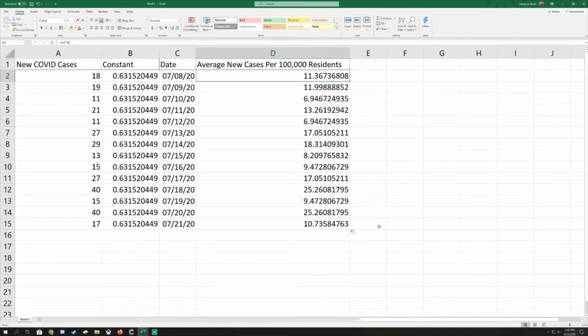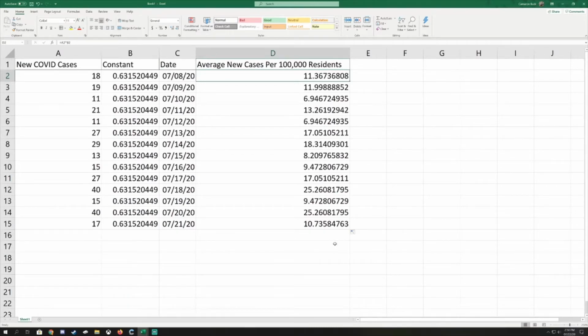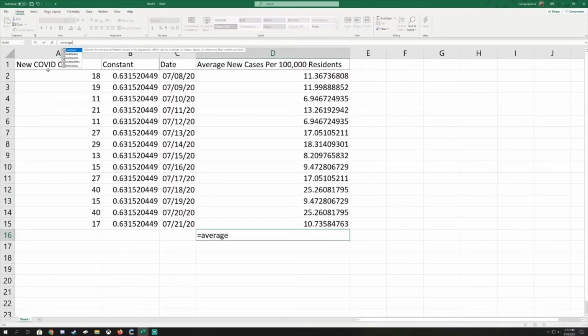Now, to get your average number, what you're going to do is you can go just to any empty box. I like to use the one immediately below these numbers, but you can go to any empty box. Again, we're going to type a formula, so we'll type equals, and then I'm going to type average. You can see up here that it starts to tell me what things it's able to do. We just want regular average, so average, and I'm going to hit the tab key,